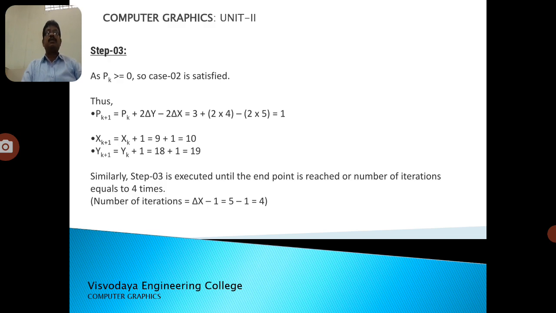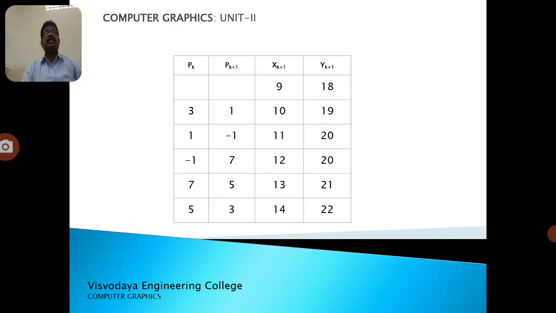Similarly, we can continue this process until the last point is reached. Up to the last point we will calculate the next coordinate, and the next, and so on until the last coordinate is reached. The last coordinate is nothing but the given ending coordinate. The number of iterations we already calculated, delta x minus 1, equals 4. Now we go into the detail of